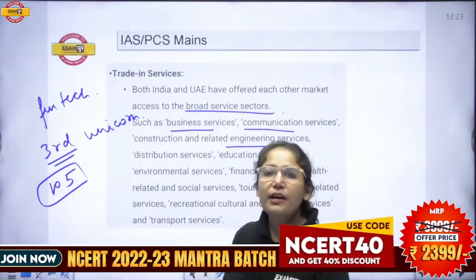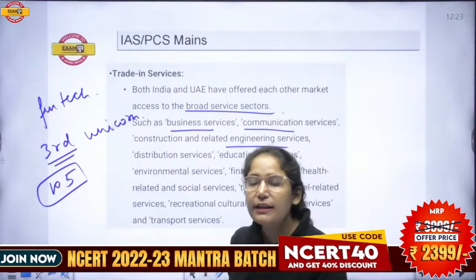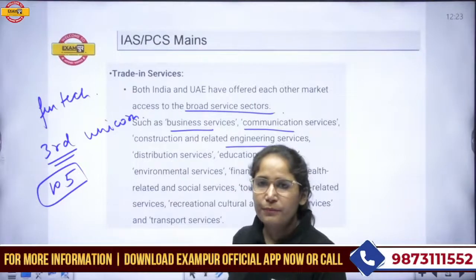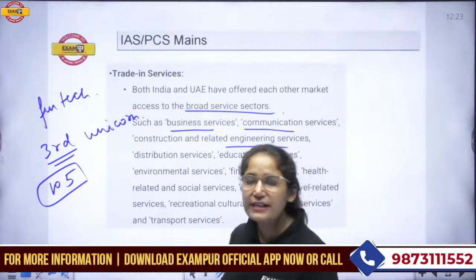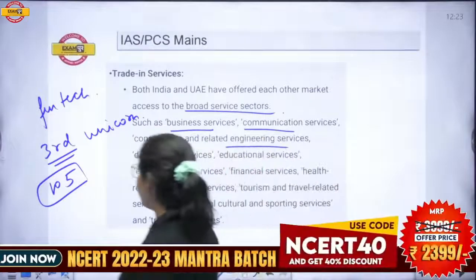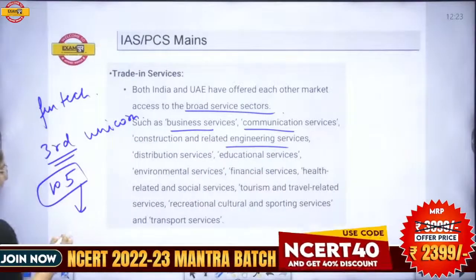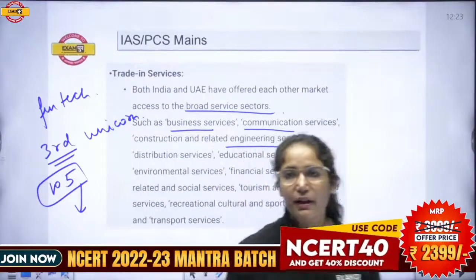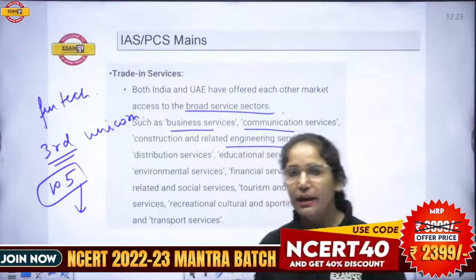Every week, since January, we were adding a single unicorn. So every 7 days we are adding one unicorn. It is giving a big boost to the Indian economy, and also giving a boost due to the service sector,